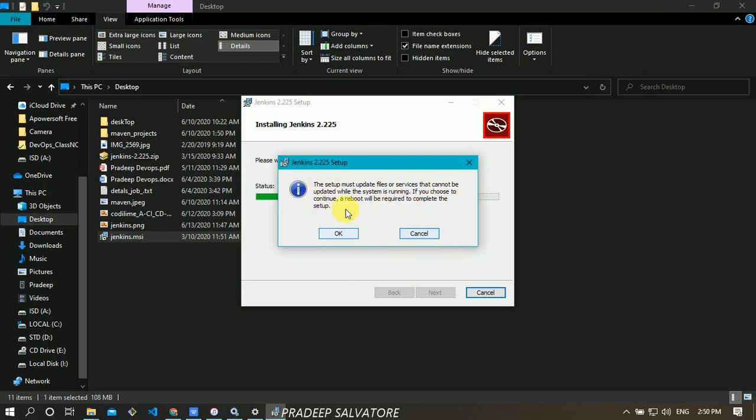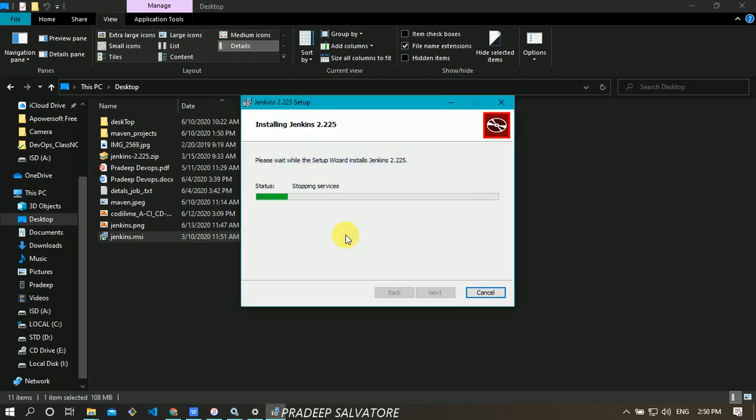Once it is done, you just click on OK. Because I have already installed Jenkins, I will show you how it works. It is just copying all the libraries which are required for the Jenkins installation.